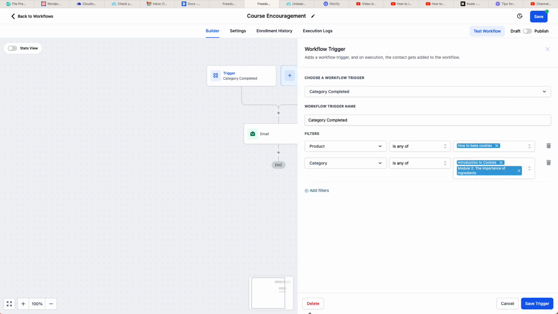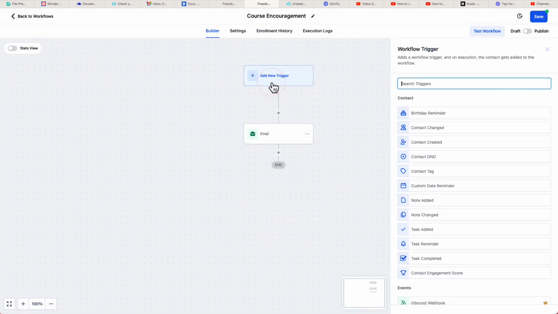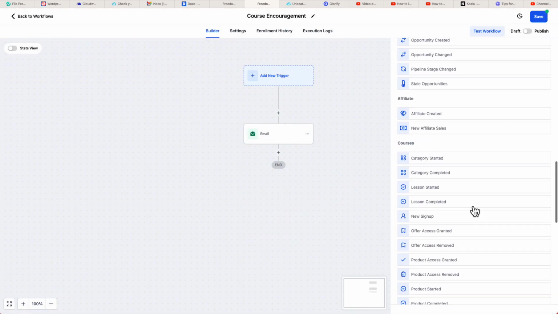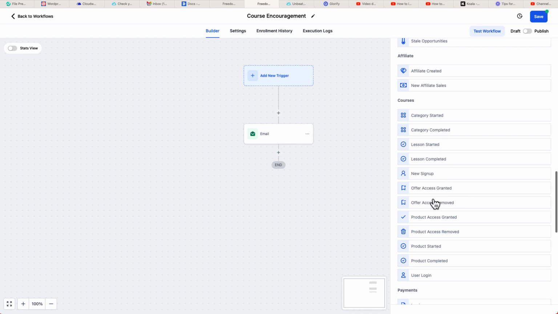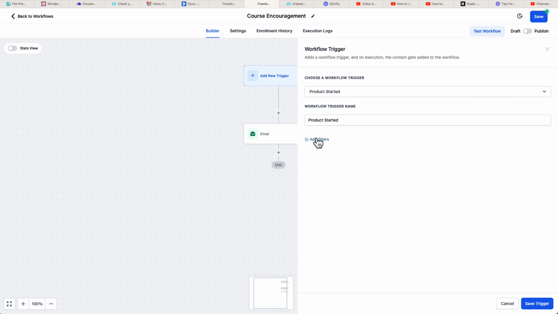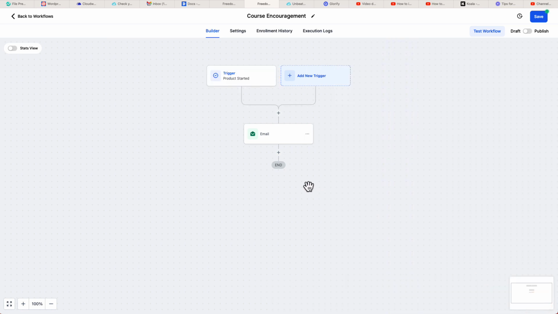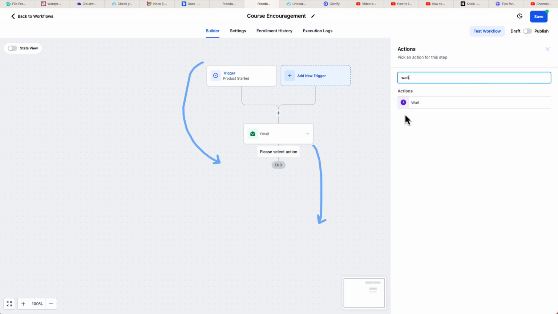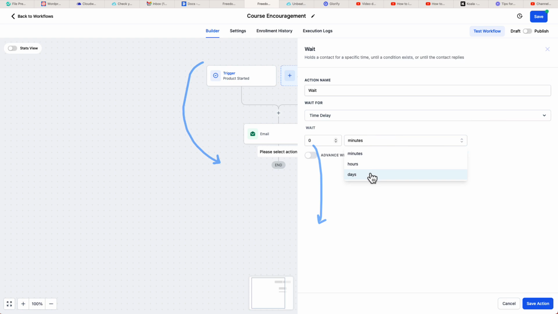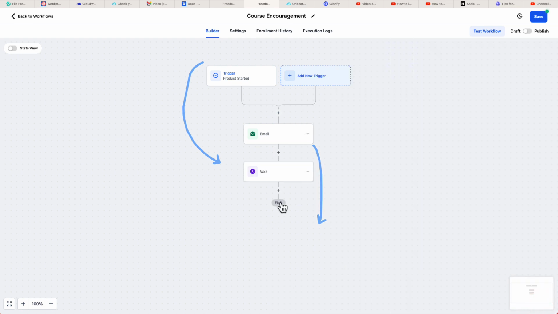And finally, just to be thorough, we can delete this as well. And we can create another trigger, scroll on down to our courses. And we could say that if an entire product, let's do a totally different one. Let's encourage them to really follow through. So product started, we can select our product is any of how to bake cookies, save it. And now what this would set up is as soon as they get started learning on any one of their courses, you can kind of create an encouragement route where you could maybe build out your own sort of drip where maybe every couple days, maybe every 3 days, you want to send them an encouraging email,